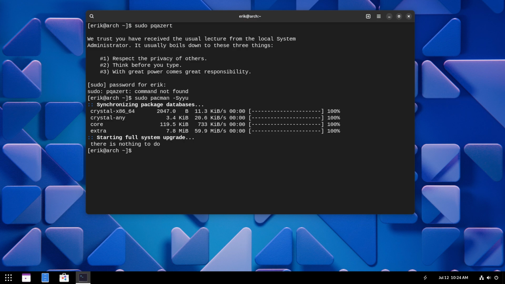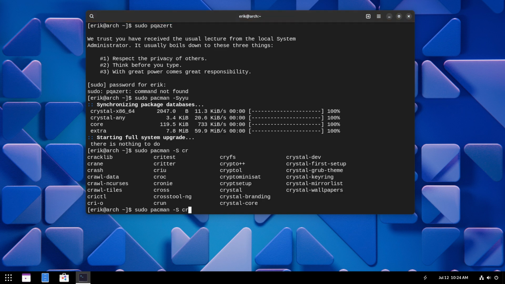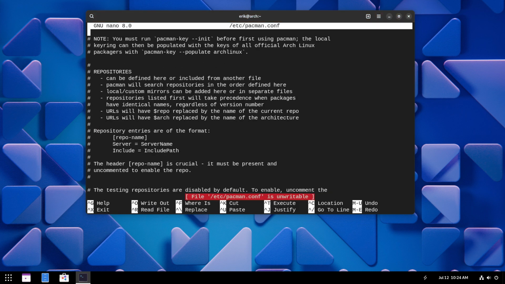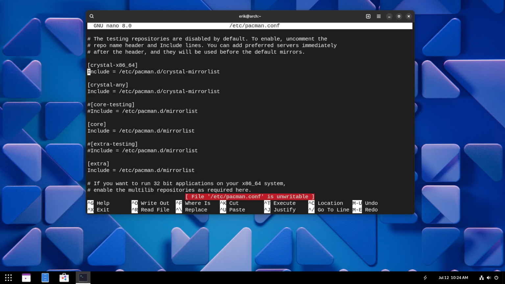There are two repos. Sudo pacman -S crystal. There are a few crystals. Crystal branding, crystal core, crystal dev, crystal first setup, crystal grub theme, keyring, mirror list, and wallpapers. So that's important to know. Nano /etc/pacman.conf, the files that matter are here: x86_64 and any. And all the rest is from